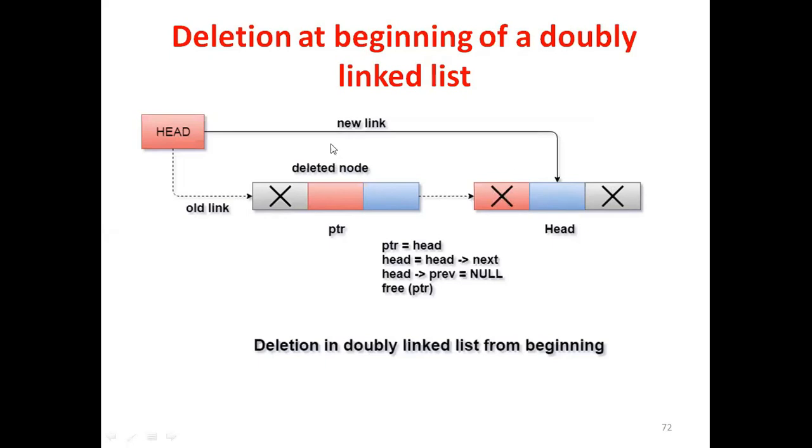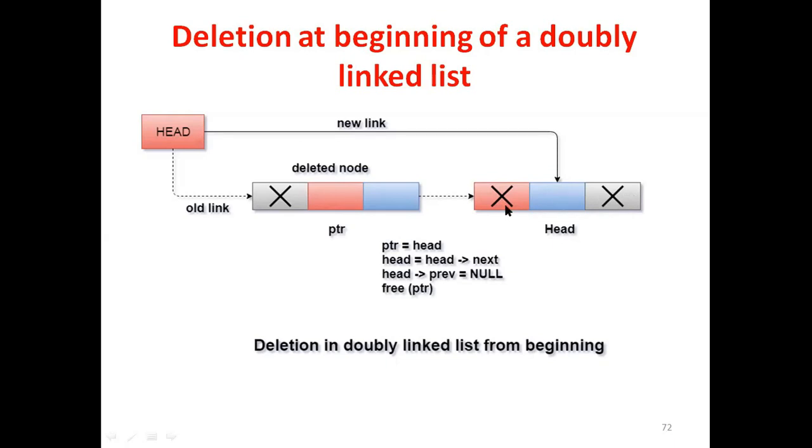Okay, in this case actually two nodes are there. Okay, and this is the last node. So if you delete this first node, there will be only one node in this doubly linked list. Okay, and this is the first and last node. And we know that if the node is a first and also last node in a doubly linked list, then the next field is null and the previous field also null.